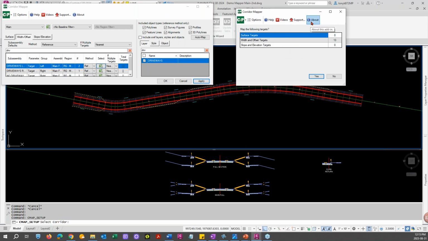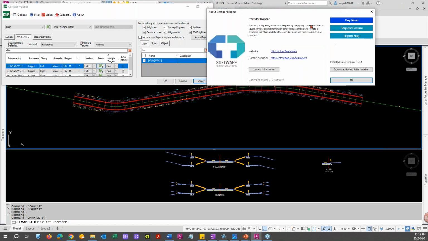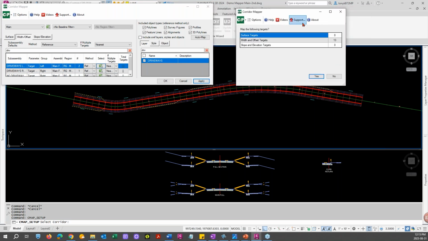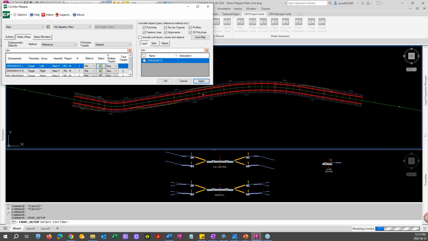Oh, I should say too, we're running version 24.1 right now, hopefully with another update coming very soon, just a few days, I hope, to a week. But this will tell you what version you're running. If you don't have it, you can grab it. We have help videos. Go to our support right here in the user's guide if you want to see more about it. So I'm going to say okay right here, or yes,